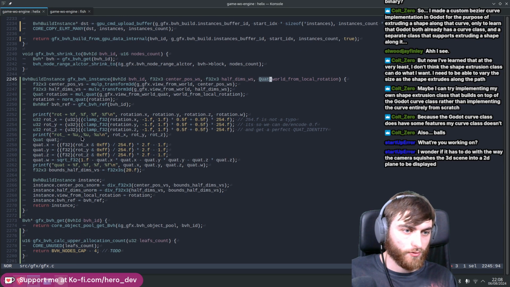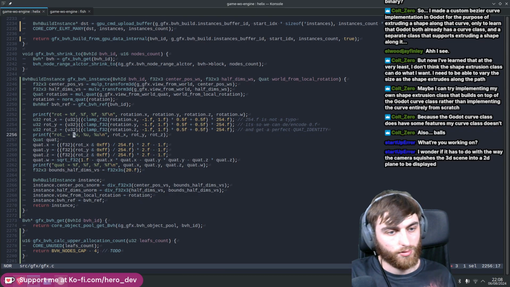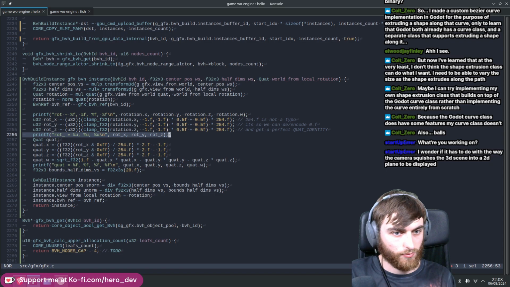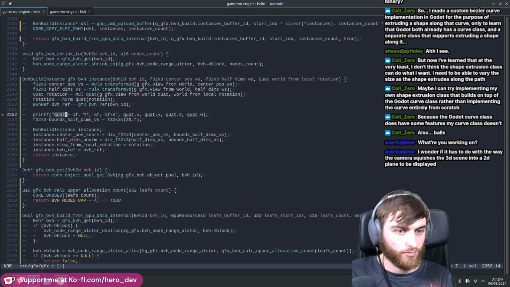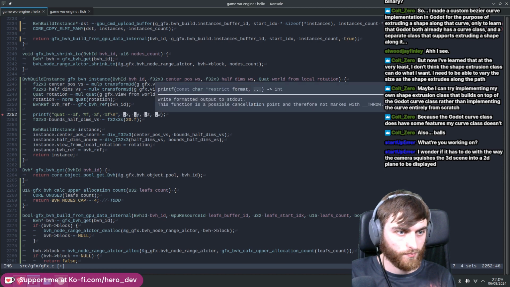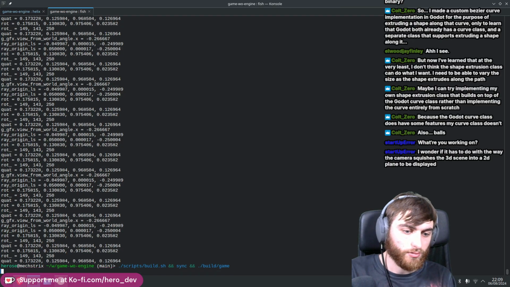Right, so printing out like quaternion, and some sort of weird packing stuff, which we don't really need to do anymore. So if we just print out rotation,